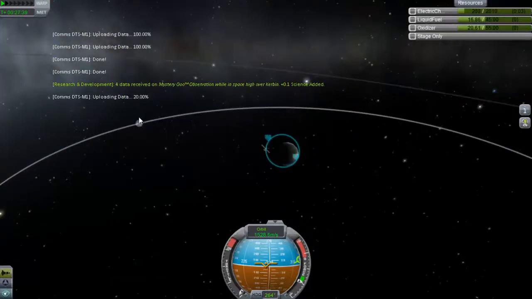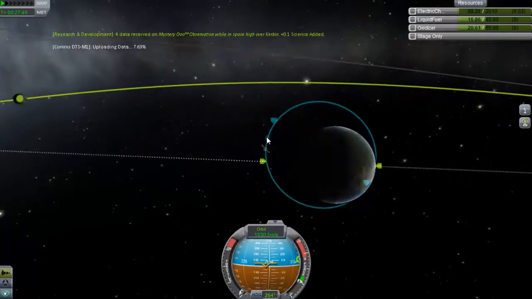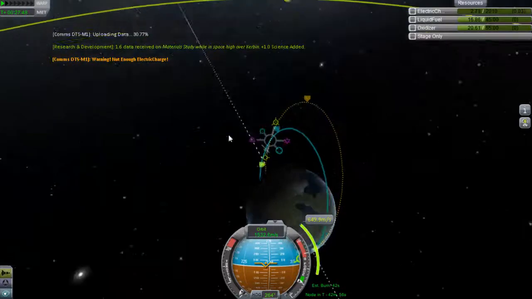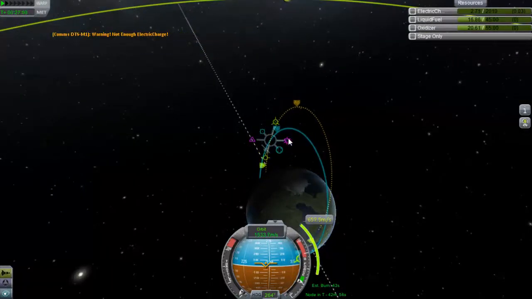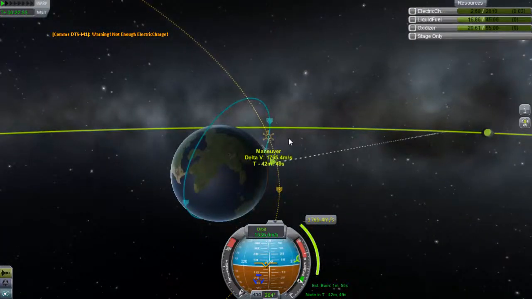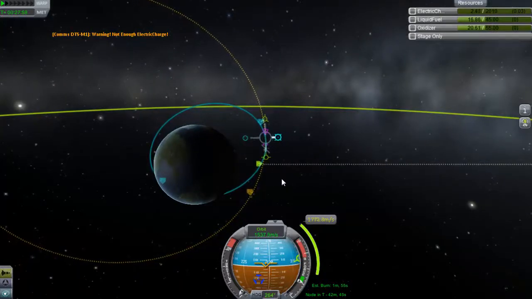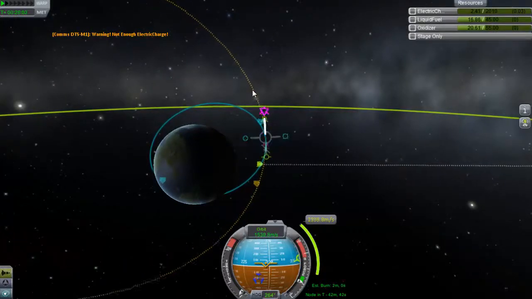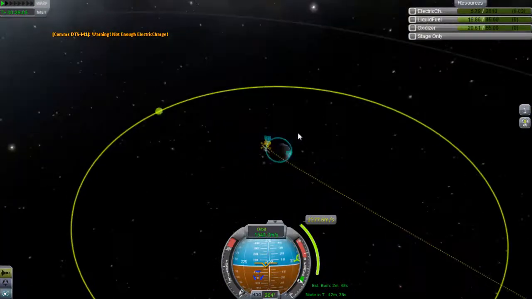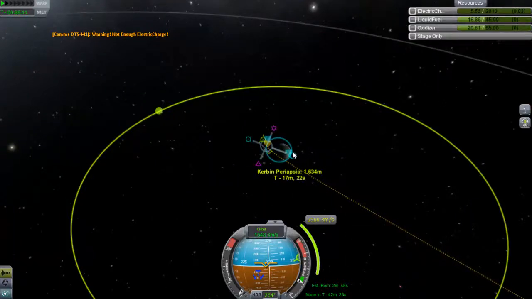I can set the Mun here as a target. And then I could go like, okay, well, here I want to add a maneuver. And then like, boom. Okay, so that's not working at all. I'd probably have to play around with this a little bit to learn what the hell I'm doing. But, I mean, I think essentially, what is that? Essentially what I'd want to do